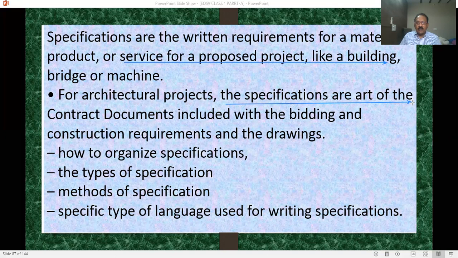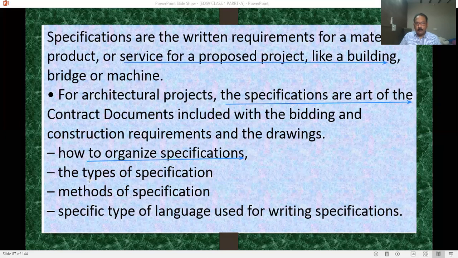So in the drawings, what are the construction requirements? First is how to organize specifications. Organization of the specifications is one of the important points. And what is the type of specification? For painting, which type of painting do you require?